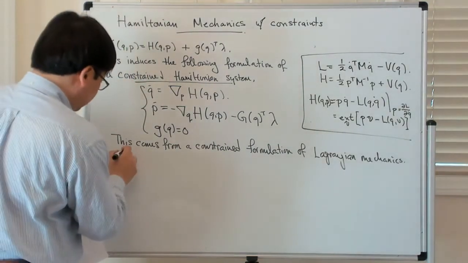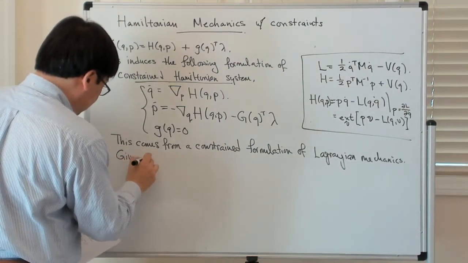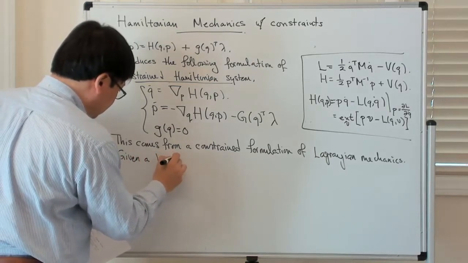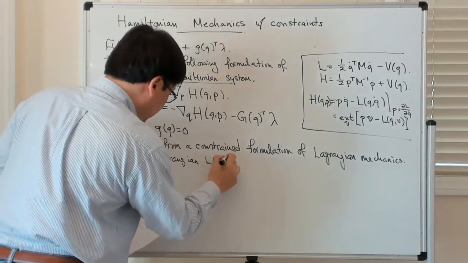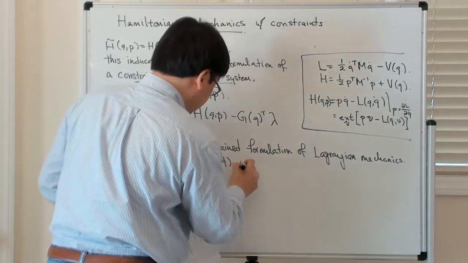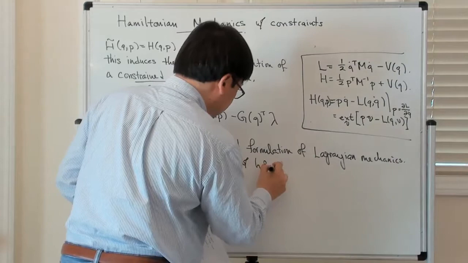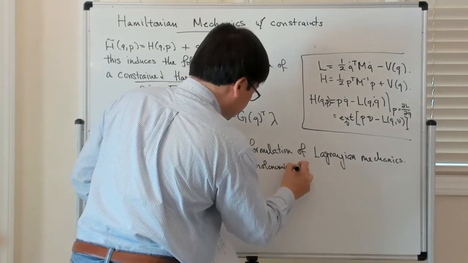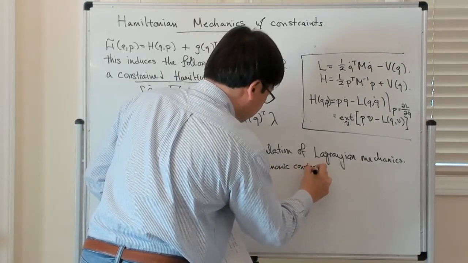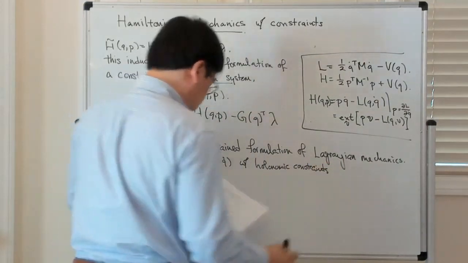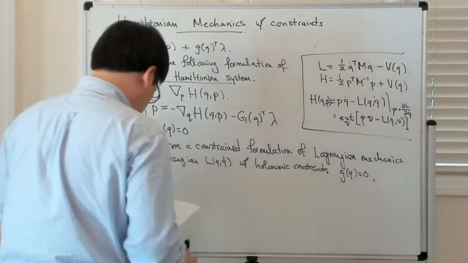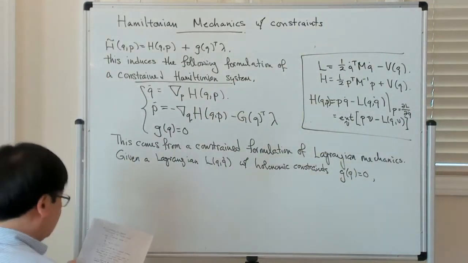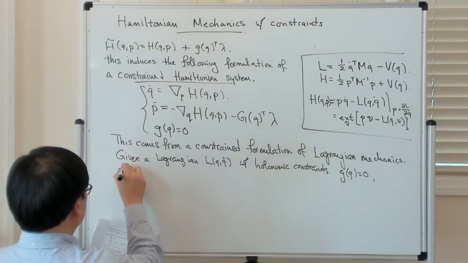So anyway, if you're given a Lagrangian L of q and q dot, with holonomic constraints g of q equal to 0, then the solution